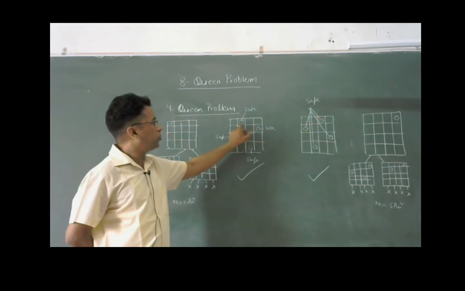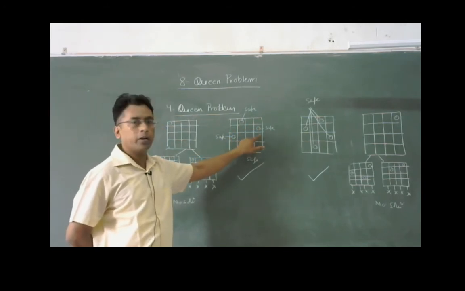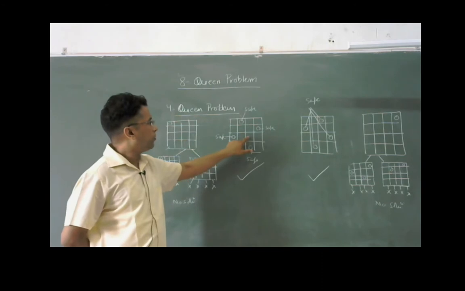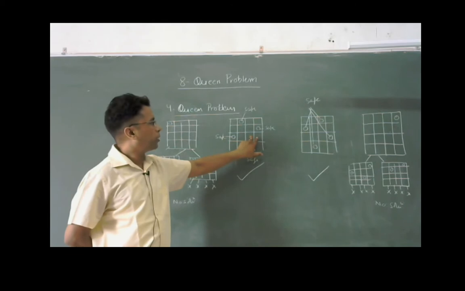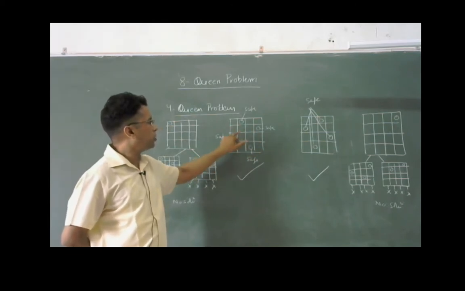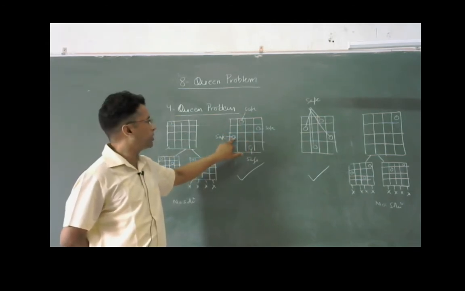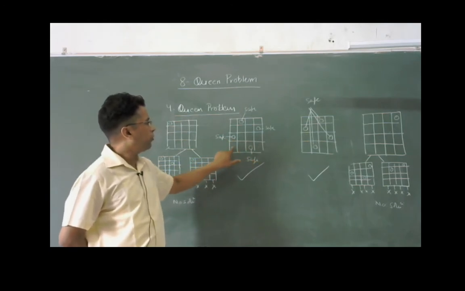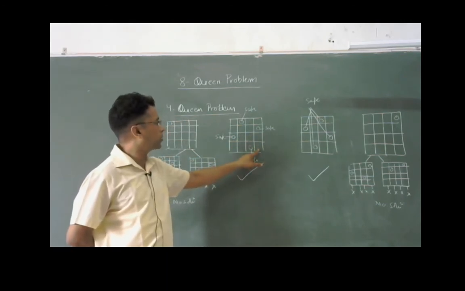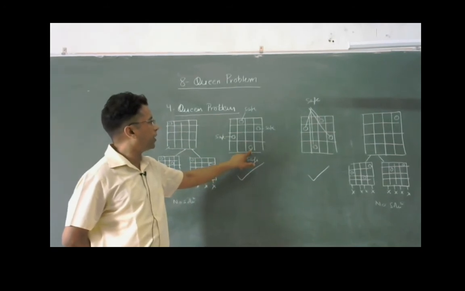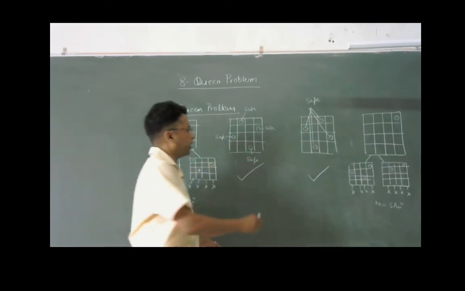After placing these two queens, in the third row we find out in what situation a queen can be safely placed. These two positions can be directly hit by this queen, and the third position by this queen, and this is the only safe position. So we place this queen. In the last row, when we try to place a queen, these two positions are in direct range of this queen, and the last one of this queen. But this position is not directly accessible by any queen. So there are two solutions.